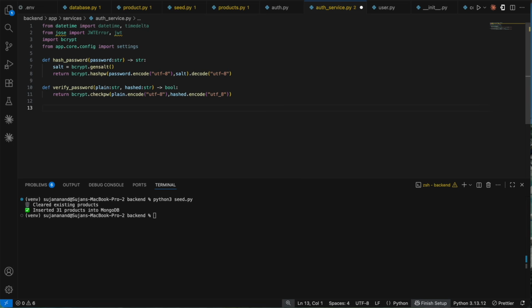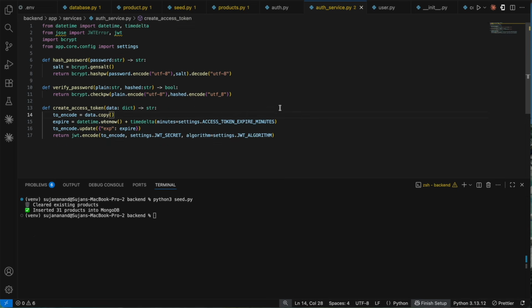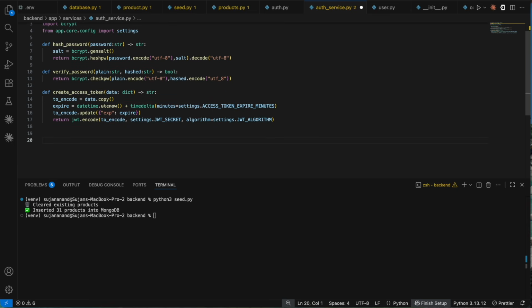Next, I'm going to write it down for the create access token. You can take a look at it. So that's how we do it for the create access token. So this would basically try to return the access token. Next, I'm going to write it down for the decode token. So decode_token